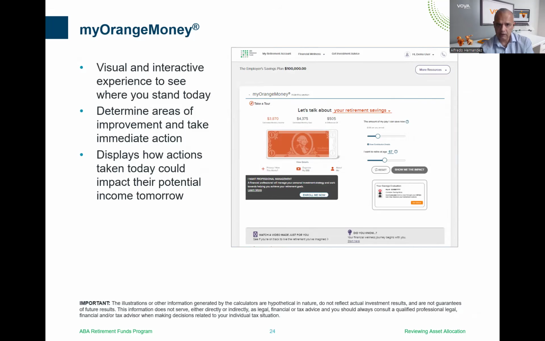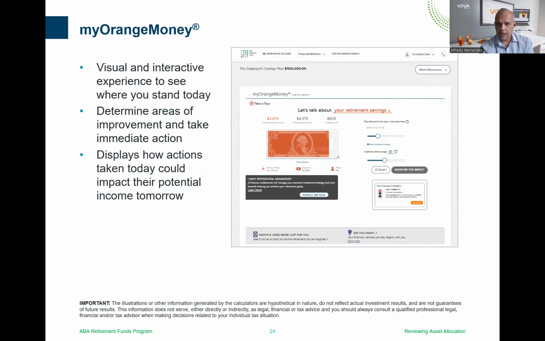Simply, again, to start the conversation, give you a goal. But of course, you can make the adjustment. And then in the My Orange Money experience, the orange dollars on the upper left-hand side of the orange bill is your projected monthly retirement income. So again, we do that future projection, but bring it into today's dollars so that whether you're 25 or 55, you can say, well, if I was 67 this year, based on the screenshot that we're sharing, if I were 67 this year, retiring this year, you're telling me that my projected monthly bills would be $4,300 and change,